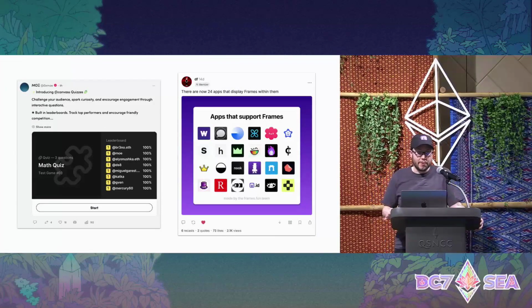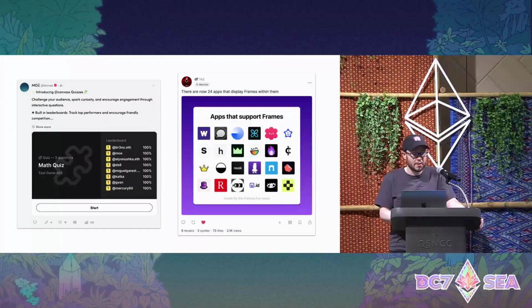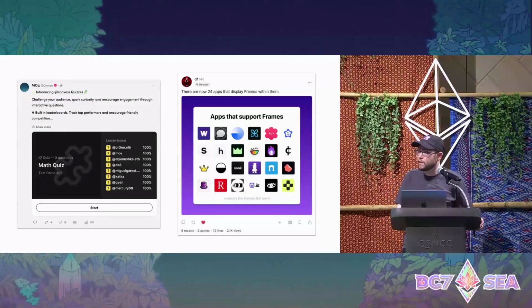Frames are not just on Farcaster. They originated on Farcaster, but ultimately they're based on a pretty simple open spec that anyone can implement. And in fact, David and OpenFrames have extended Farcaster frames to be usable in a bunch of different applications throughout the ecosystem. So thanks to projects like OpenFrames, you can build frames that now work across Farcaster, Lens, XMTP, the open web, and even, like you demoed, using their extension on X.